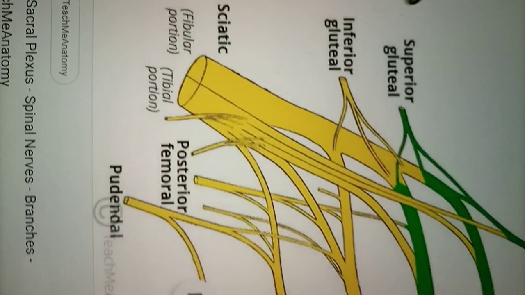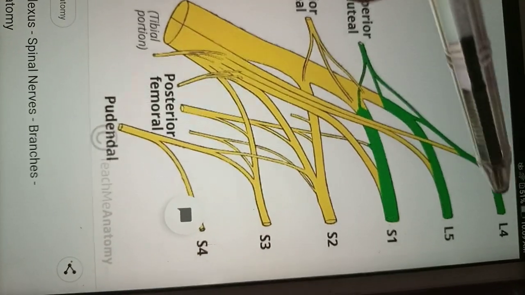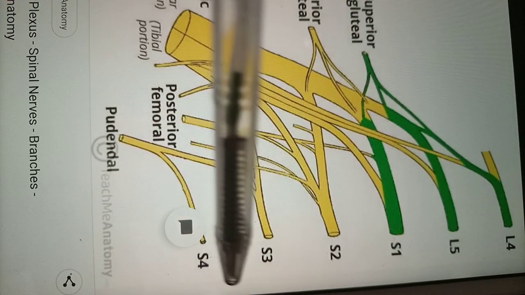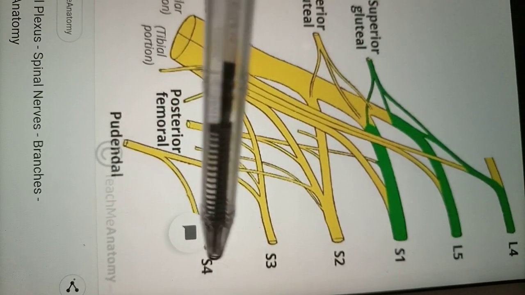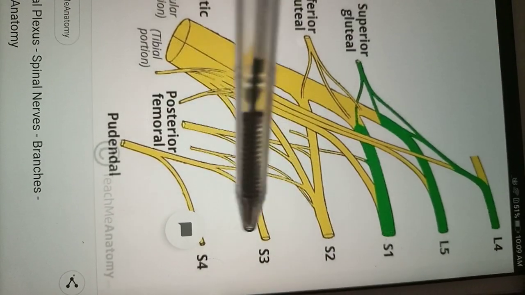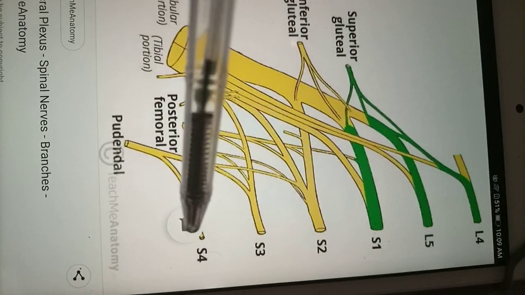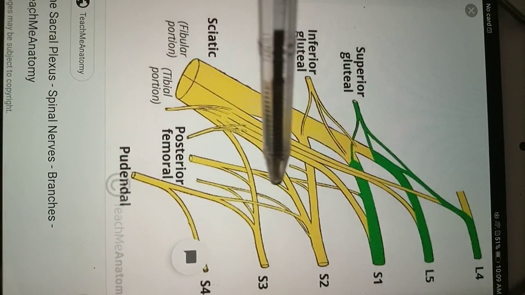Welcome everyone. So now we are going to look at the lumbosacral plexus. As you can see, it starts from L4 and ends at S4. It is a combination of lumbar and sacral nerves that results in the lumbosacral plexus from L4 to S4, and there arise different